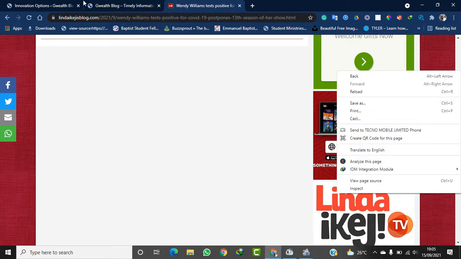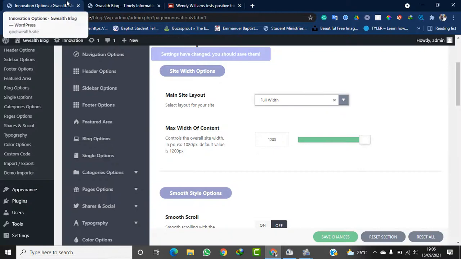Okay, so let's go back. We have full width, so the maximum width of the container is 1000. You can reduce it; it depends on your taste and likes. But one thing I really want to quickly share with you is